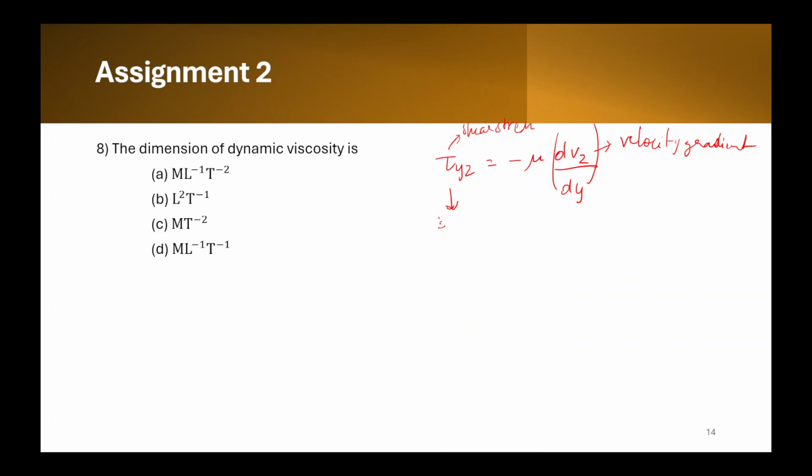So the dimension here, or the units of shear stress, will be Pascal. The unit here will be meter per second, and this will be meter. So meter gets cancelled, and this will be per second if it goes on this side. So minus mu